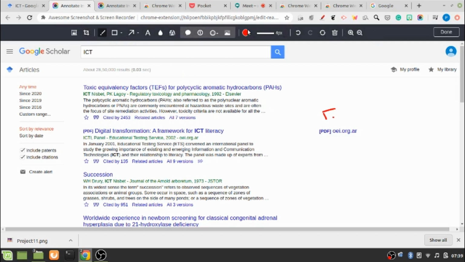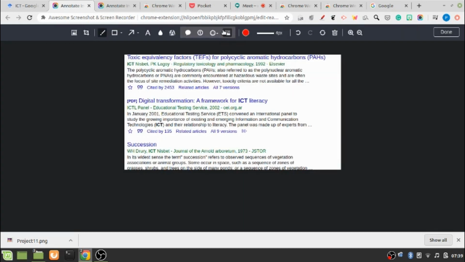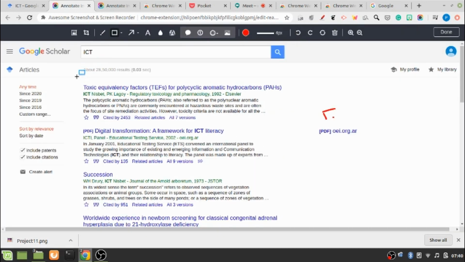Again, on the toolbar you see above the page, you can find a number of options to make any changes to the page. For example, you can crop the page, you can select the rectangle option to focus an area, or you can point arrows to mark an important field.